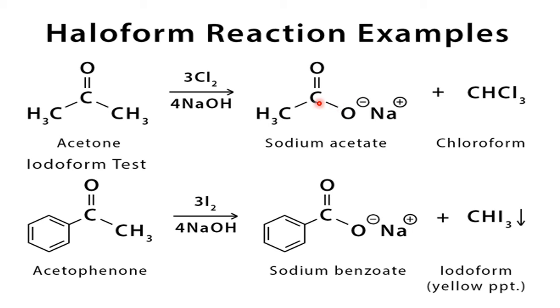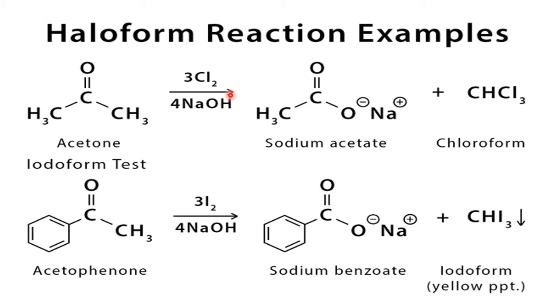So directly what you do, you go for the preparation of sodium hypochlorite, which is highly unstable, which we don't store in the laboratory. It is prepared on the spot. Whenever we want to conduct the haloform test, at that time we prepare the sodium hypochlorite or the hypoiodite, whichever is required, on the spot by the combination of halogen and the alkali. Then the prepared sodium hypohalite is added to the methyl ketone to get the reaction.